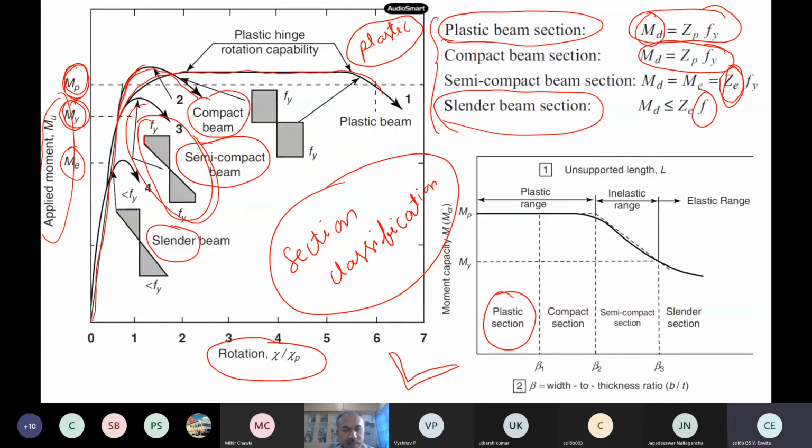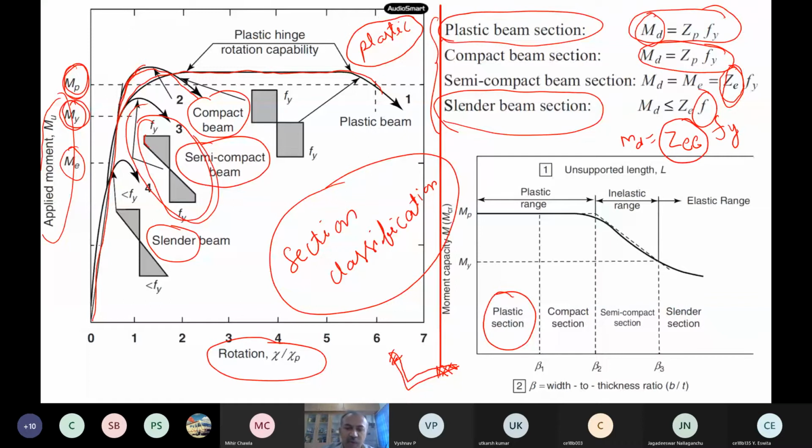The other way is to reduce the effective area. Reduce the effective area. So now we delete this area in our calculations, okay, so that its capacity will be decreased. So this also we can use. So sometimes we write this as Ze, that is the effective section modulus, multiplied by Fy also. That also we can write. So that means you are decreasing the area itself.